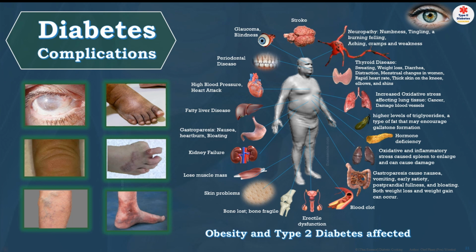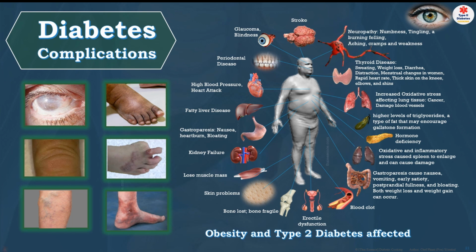Now we were talking about the obesity and type 2 diabetes effect. The whole body can be affected by that. You have skin problems, you lose muscle mass because your muscle starts deteriorating, and sometimes your muscle just falls off, detaches. You have to do surgery to put it back in there. My loved one had that. You have to go to the hospital. It takes about 3 to 4 months to recover.